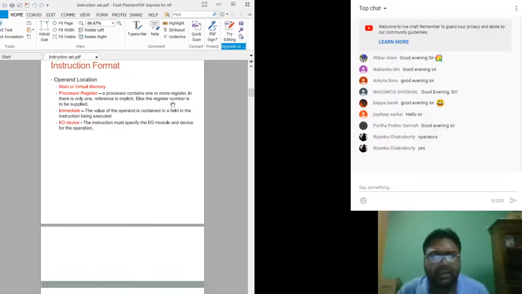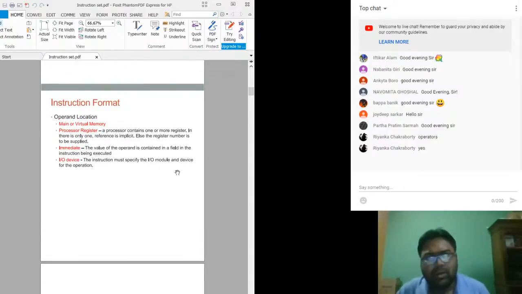They are again telling there are some instruction formats, like it might be a register based instruction, an immediate instruction, or a memory reference instruction. So this is based on the location of the operand. Also you can classify instructions into types, like immediate, like the ADI instruction you have done, right?